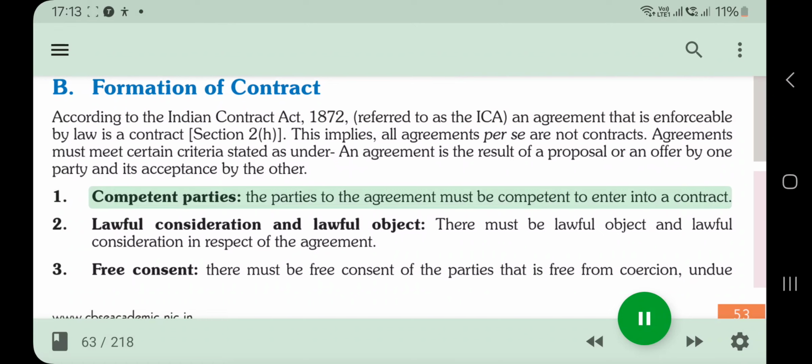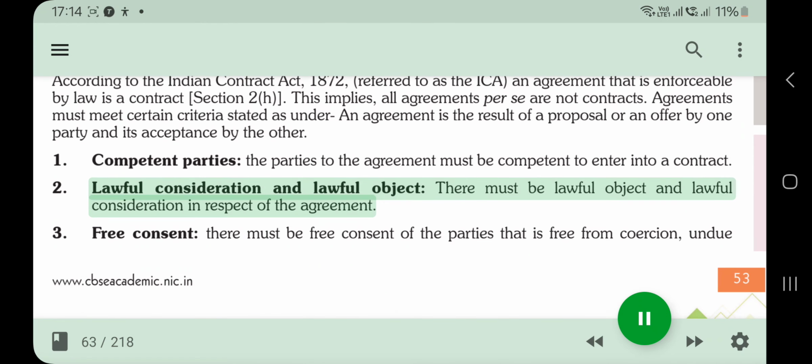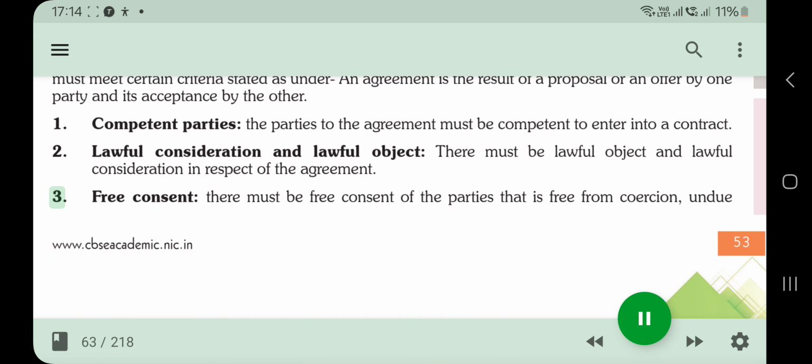1. Competent parties. The parties to the agreement must be competent to enter into a contract. 2. Lawful consideration and lawful object. There must be lawful object and lawful consideration in respect of the agreement. 3. Free consent. There must be free consent of the parties, that is, free from coercion, undue